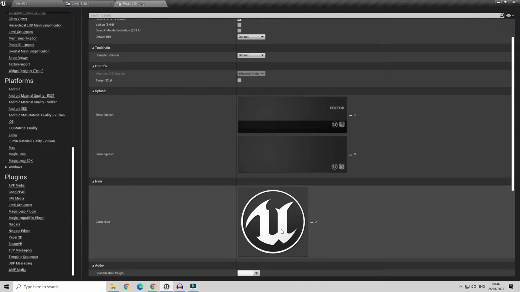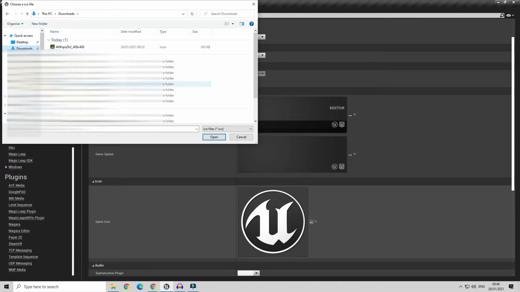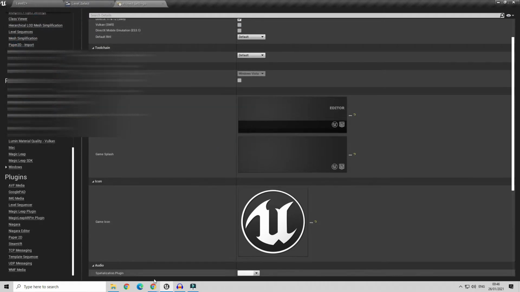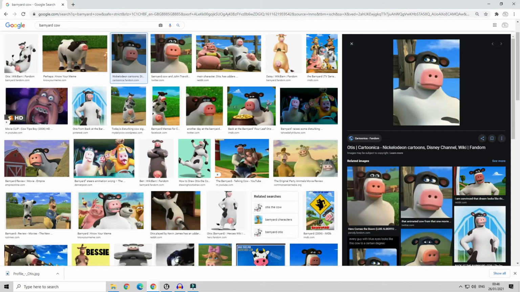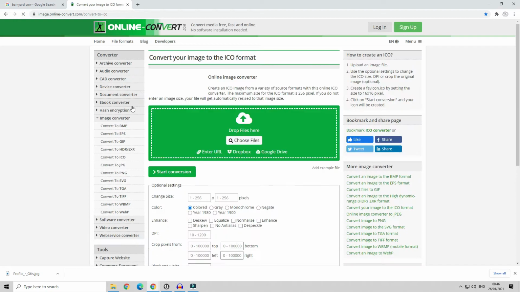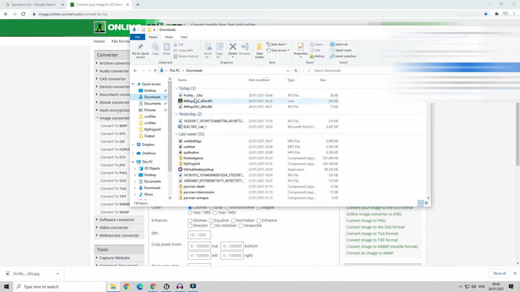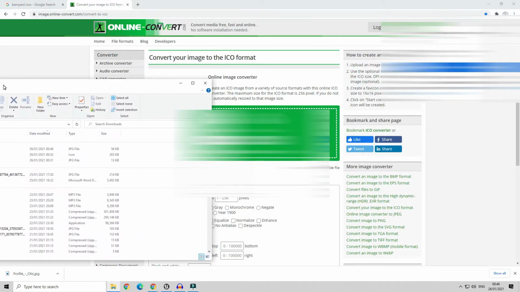If I tried to search for a file now and go into my downloads, there is that, but that's from a previous video attempt where I've actually converted it. So I'll close that. I'll go back into the Chrome tab, and what you'll need to do is convert your JPEG into the ICO format which Unreal Engine will accept. So we'll go to our documents, we'll get our JPEG,